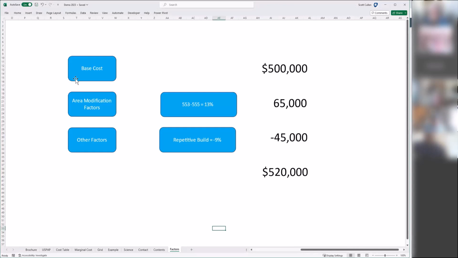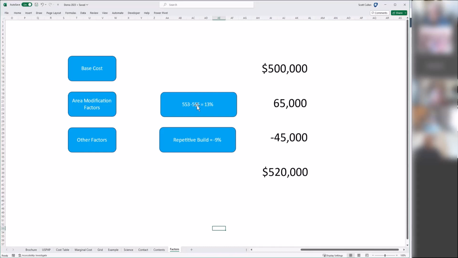So to make that job a little bit more approachable, they use area modification factors to increase or decrease costs by a percentage. And that percentage is based on a zip code. A zip code area is as fine as they get. So 553 through 554 and 555. Those are the first 3 digits of the zip code. Those are what matter. Now, there are times when you will have a new zip code that's not included in our modification factors. In that case, use the closest zip code that is included, or you can go back to